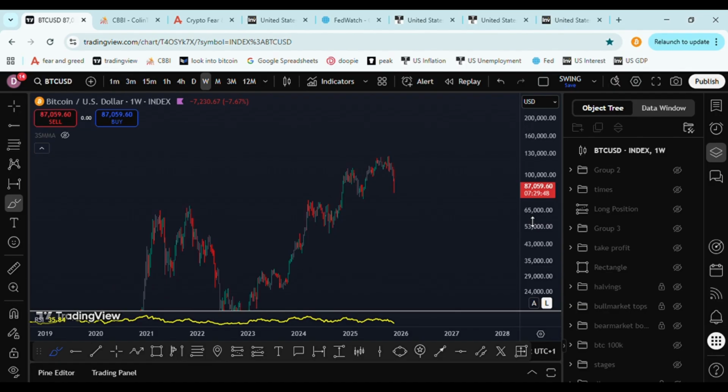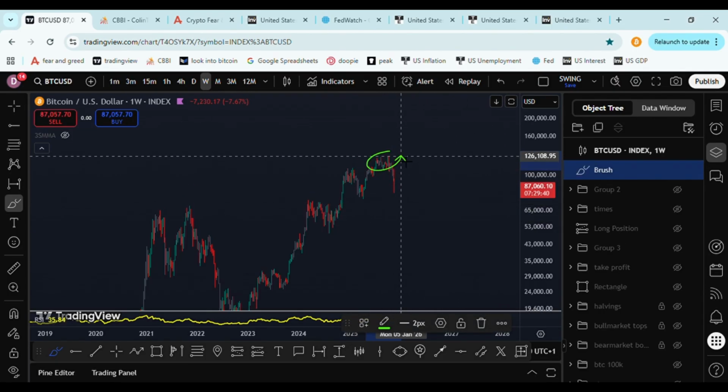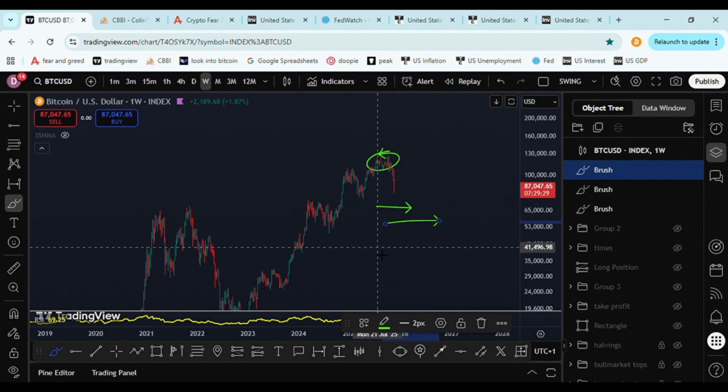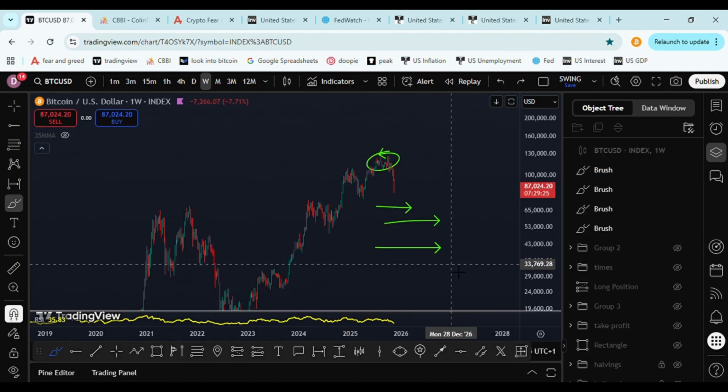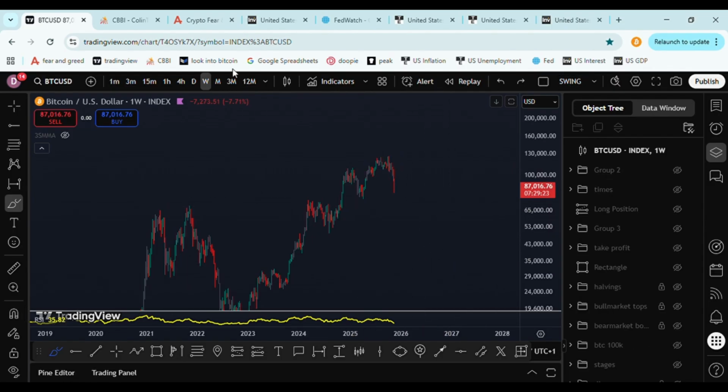But my vision right now is I don't really care about bull market or bear market, whatever the name's going to be. I did not sell. I didn't take any profits ever, which is a really good learning moment for next time. And I'm prepared to start buying soon and place some orders here and here, and also be prepared to go down to 30k in the worst case scenario.